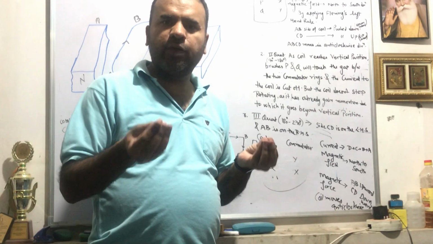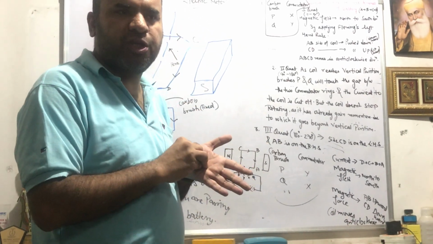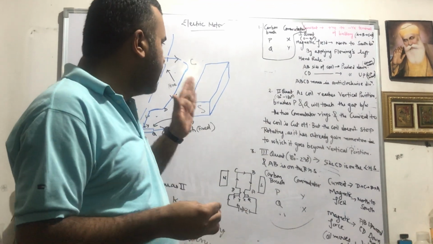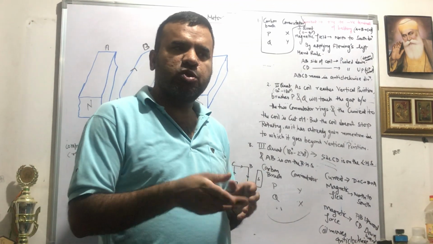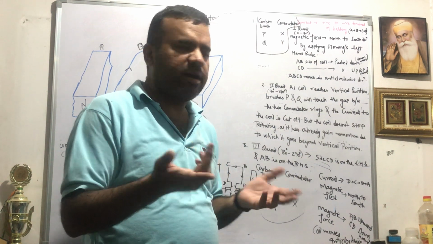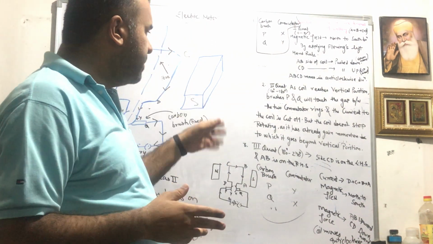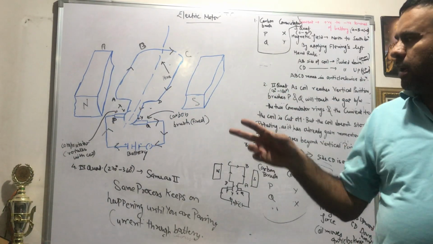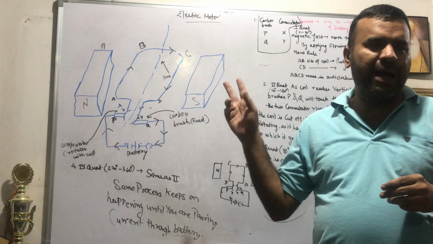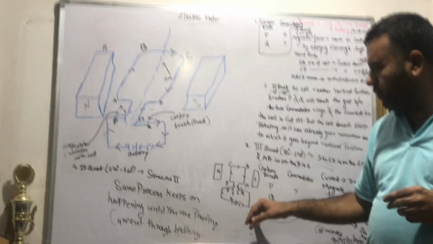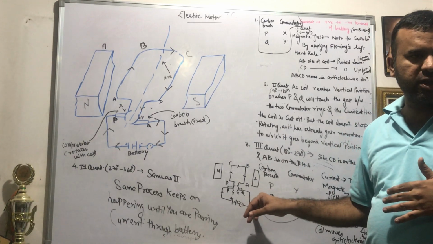So similarly, in this second quadrant, what will happen? The coil has already gained momentum, so it will pass through this second phase, you can say. Now after 0 to 180 degrees, what will happen? The AB and CD ends will take the position of one another. I have drawn one more simple diagram to illustrate this point.